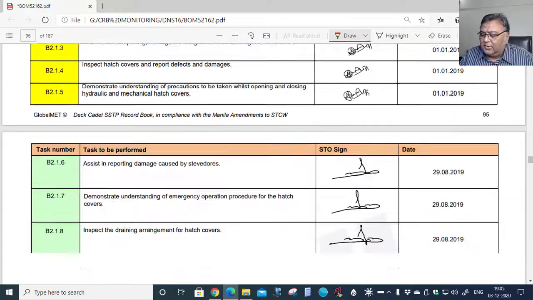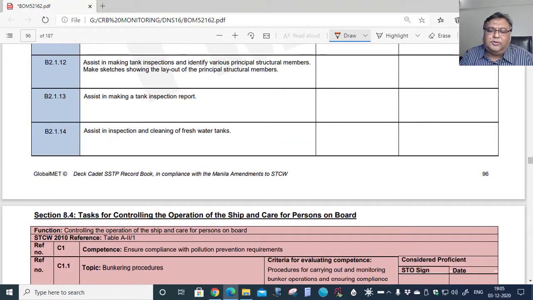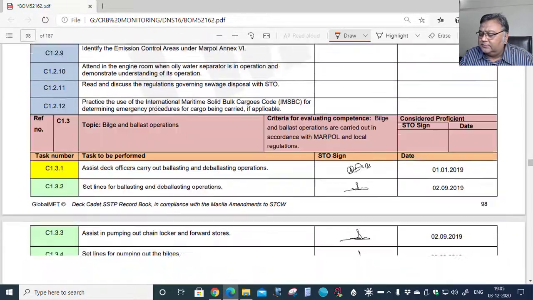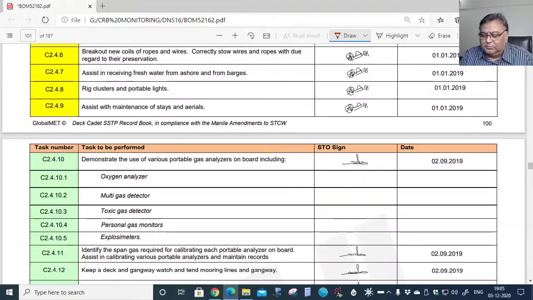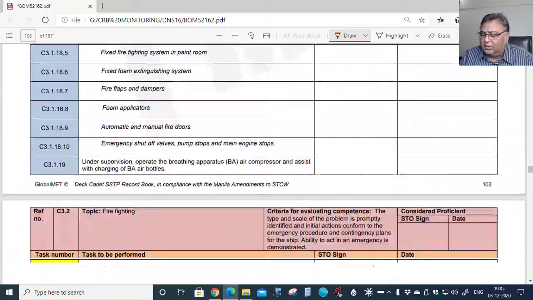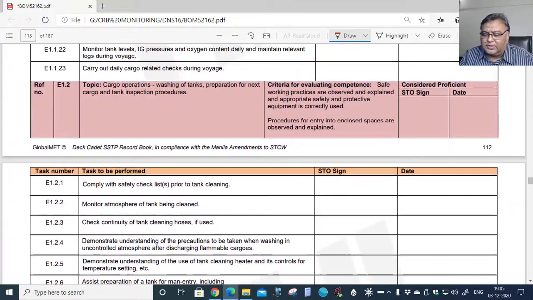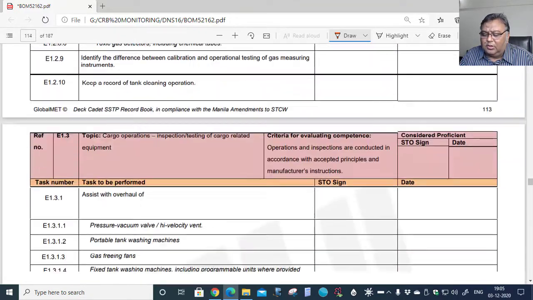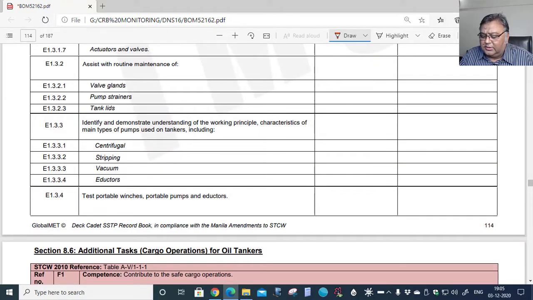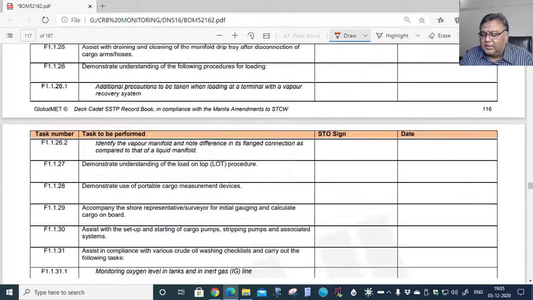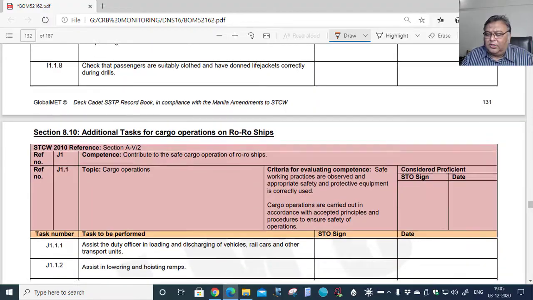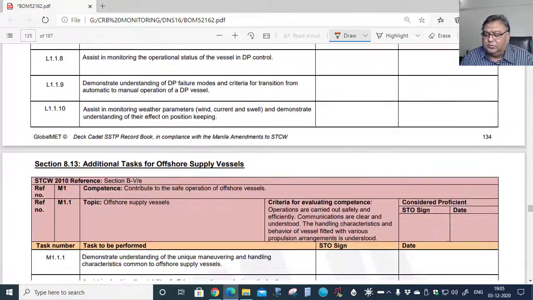Plus from the web version we can easily find out what is the percentage of tasks a cadet has performed and what is remaining. So most of the tasks in all the categories have been performed. These are the tasks, ship specific tasks, say for example on oil tanker and gas tanker, and so on. Now apart from this, let's move to the next section.